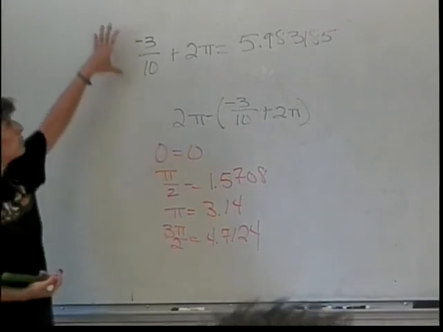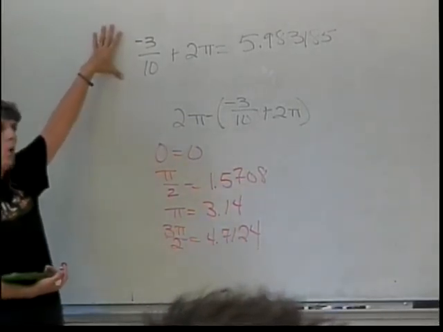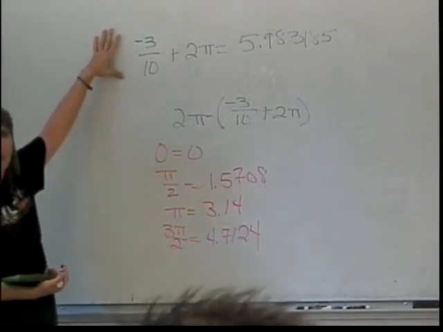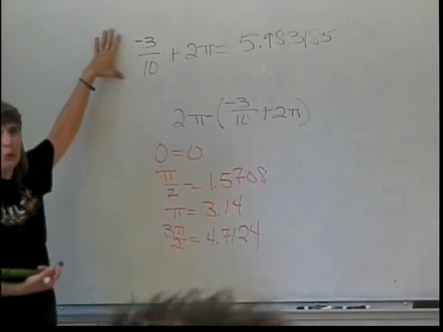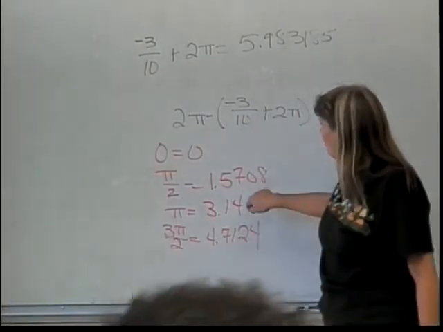And so this one, I don't know about you, but normally I can't just look at negative 3/10 and say, oh, I know exactly what quadrant I started out in. I don't. I put this into my calculator and look at the number. Because I got this one down, 3.14,